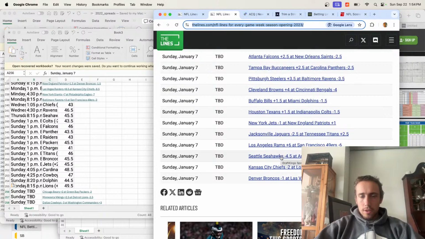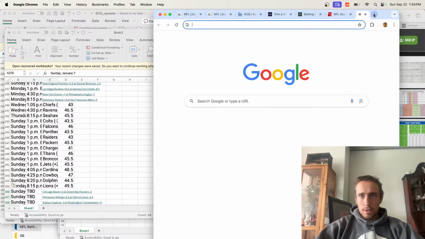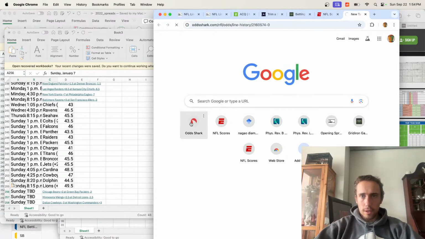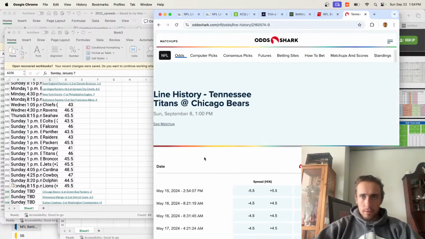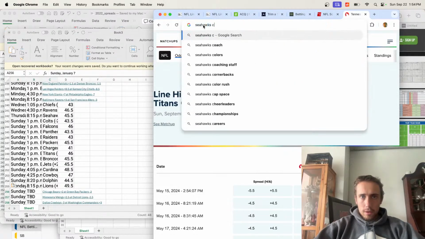So January 7th, Seahawks favored by 4.5 at the Cardinals. Are those the lines like the week before? Or is it the final line? Let's go look at what the final line is. Seahawks, Cardinals,